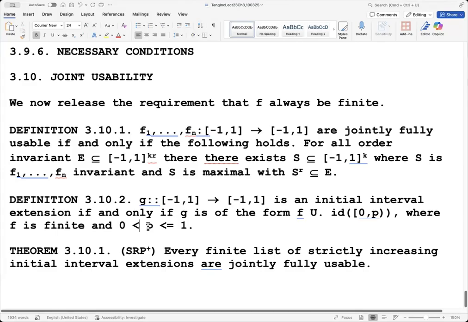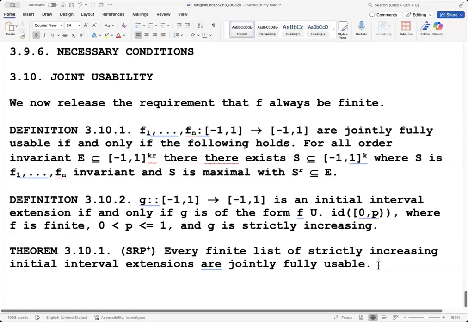So let's leave this alone. Actually, I did something bad here. I forgot to say, and G is strictly increasing. That's always assumed. All right. So the theorem is that any finite list of strictly increasing